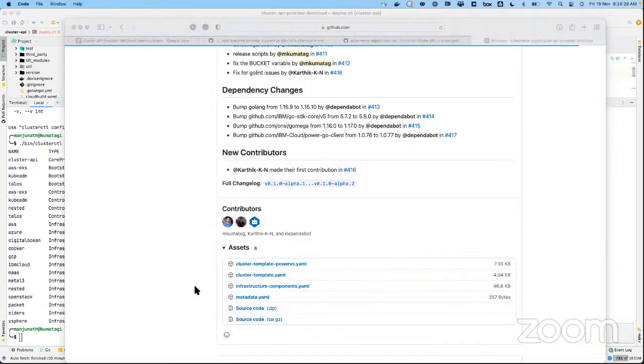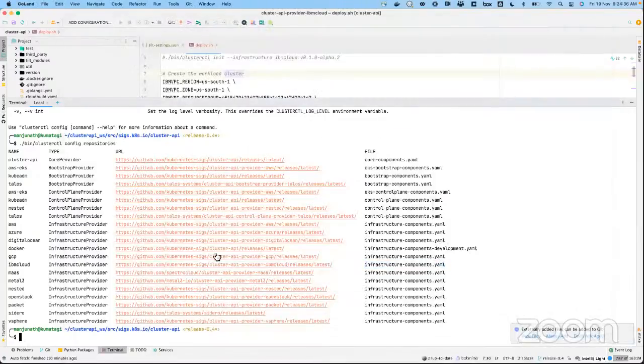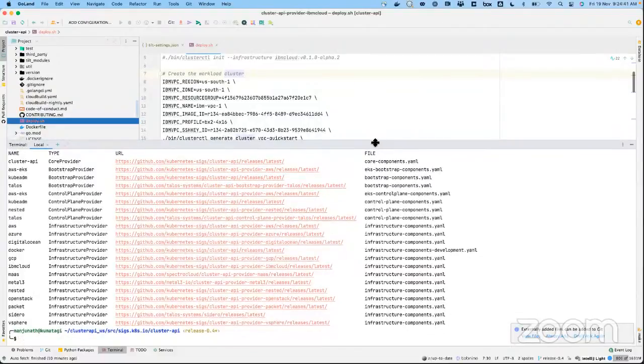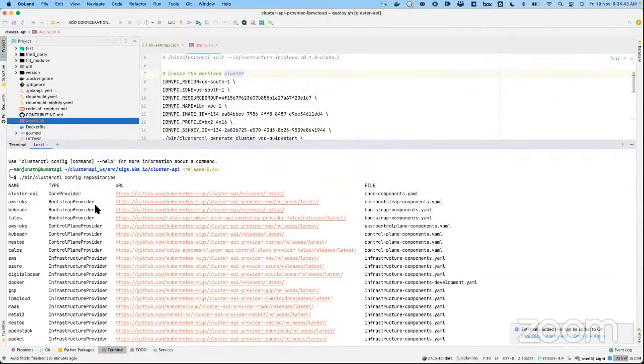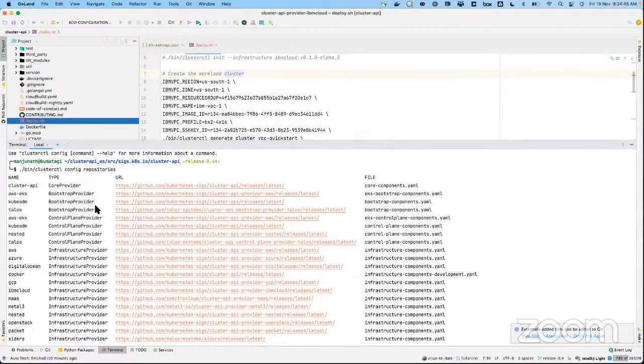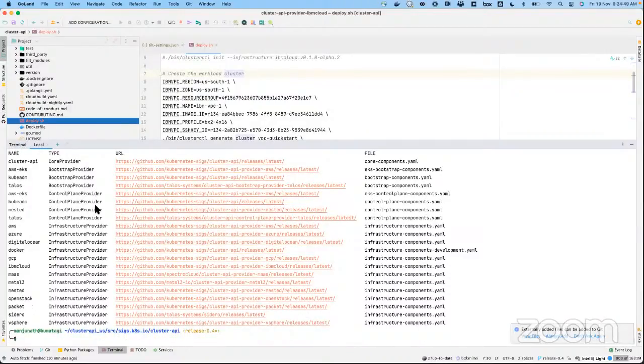Without any further delay, we can see how the clusterctl command will take care of executing some of these clusters.